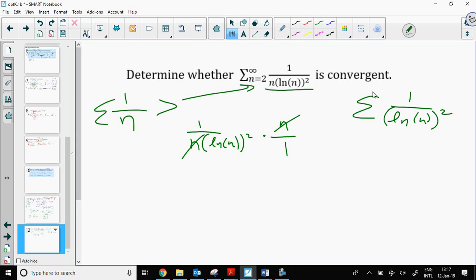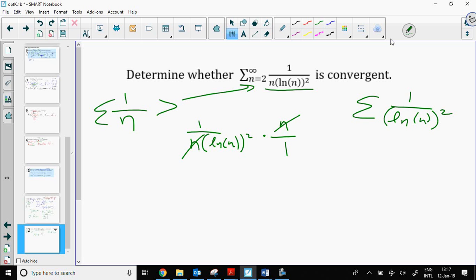I don't know if that converges. I mean, it's clearly bigger than the original one, but I don't know if it converges because it's not a p-series and it's not geometric. And I'm going to end up with the exact same problem if I try a limit comparison with that one. I'm going to end up with 0 as my limit. So